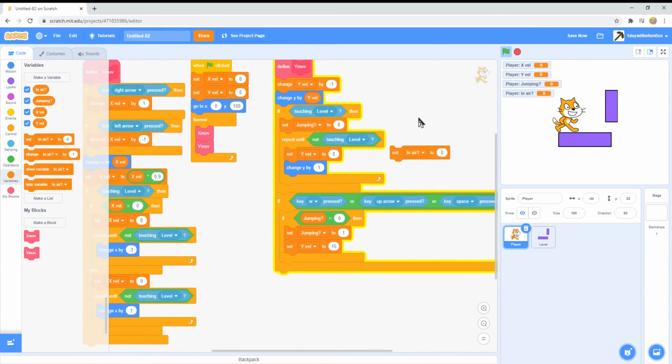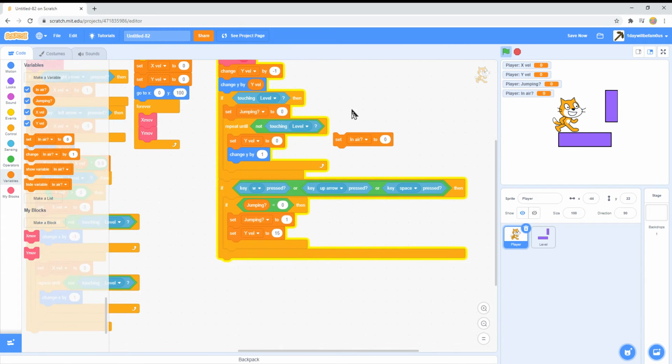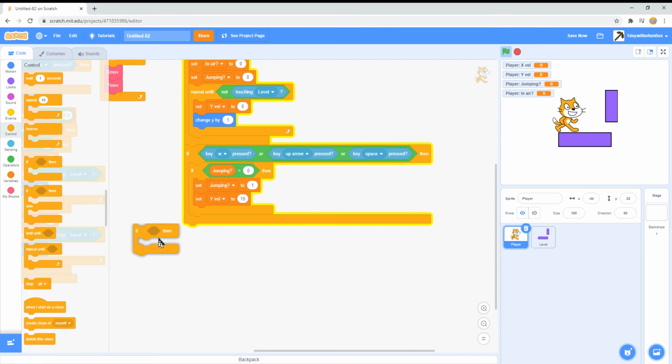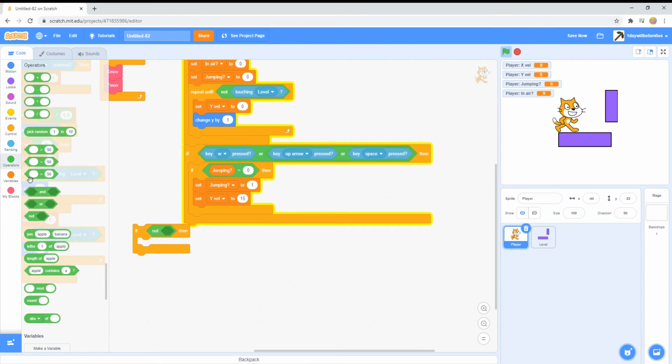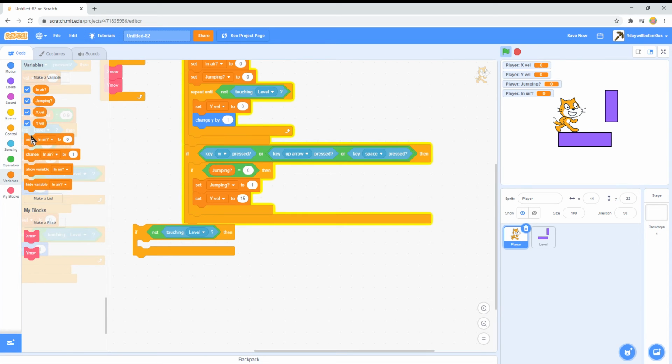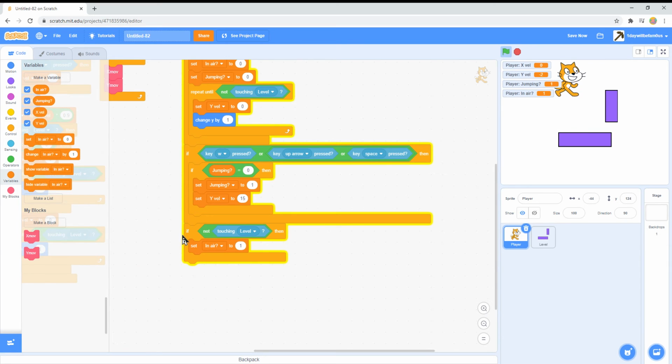Alright, we're going to say if not touching level, set in air to 0 if we're touching the level. But we're also going to want to add something, and then we're going to say if not touching level. Now this took me a little bit to get when I was doing it. So the player's always in the air, right? Because he's always going to be touching the level. Well, he's always not going to be directly touching the level. Also, since